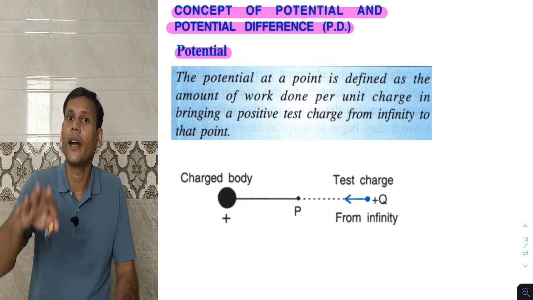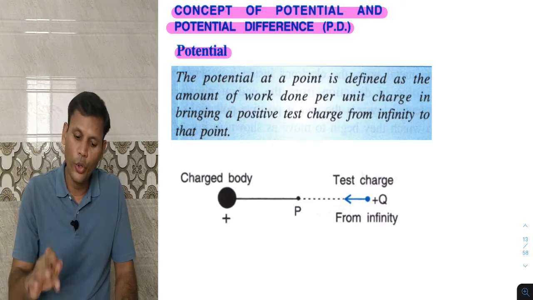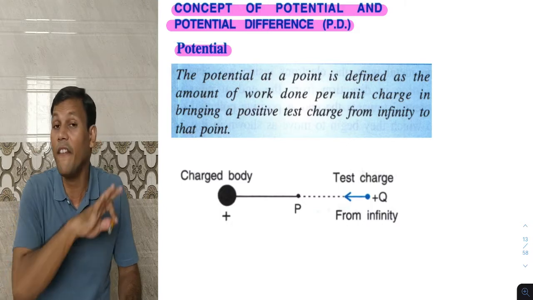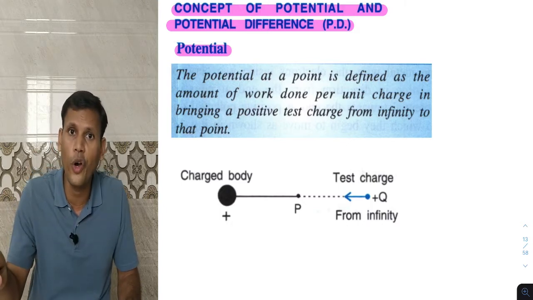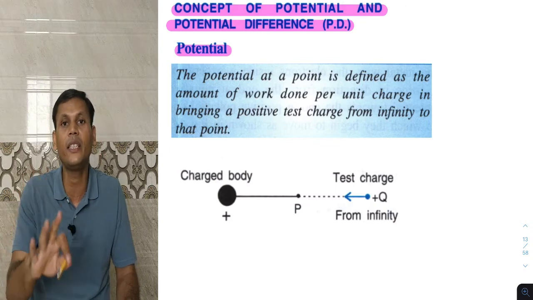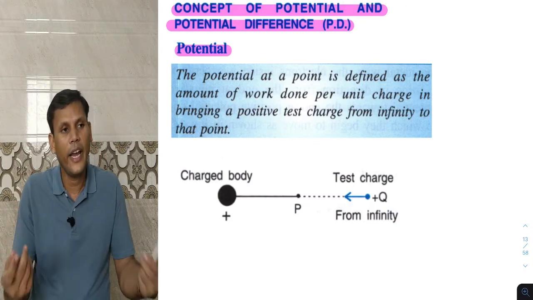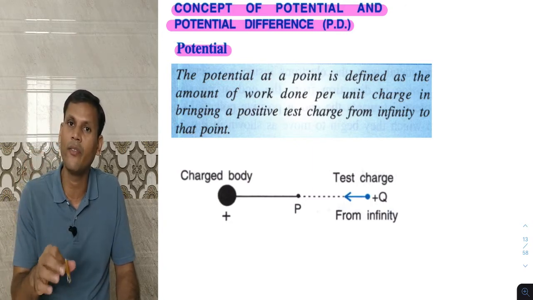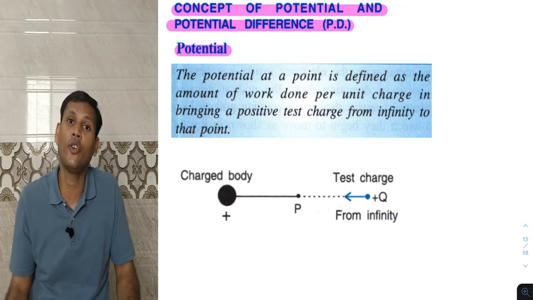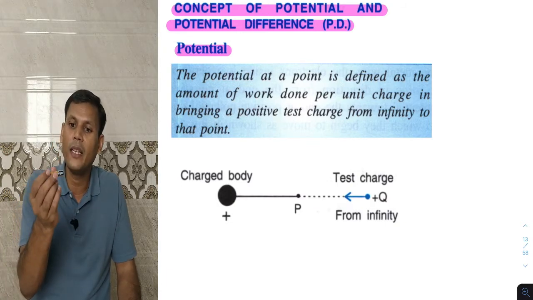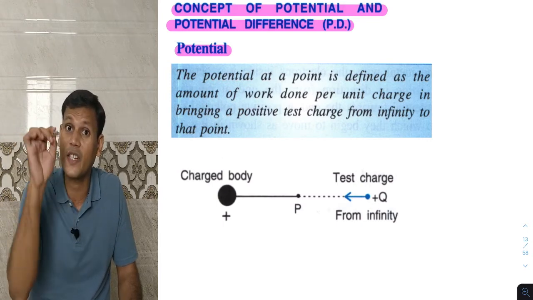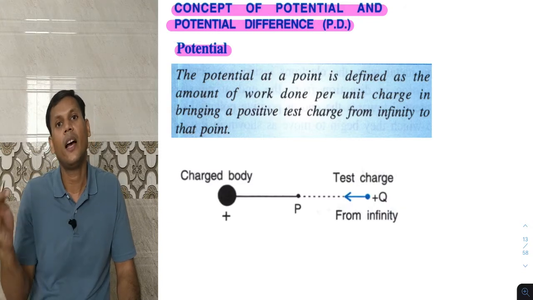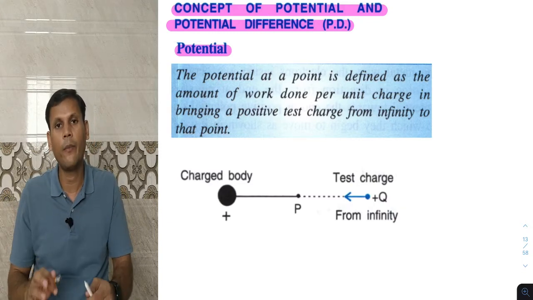That is the basic concept of potential difference. Current and charge will flow through any conductor only if there is a potential difference. If there is no potential difference, no flow of charge or current takes place. So any electronic circuit to which we connect a battery or cell starts to operate, because the battery provides the potential difference. That is the basic concept of potential and potential difference. We just have to read it.